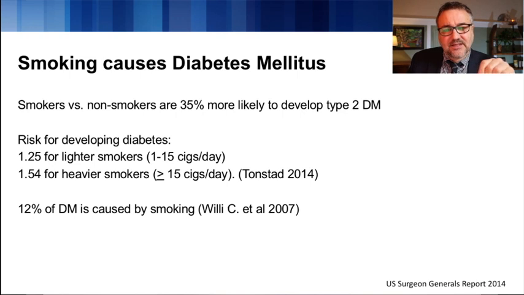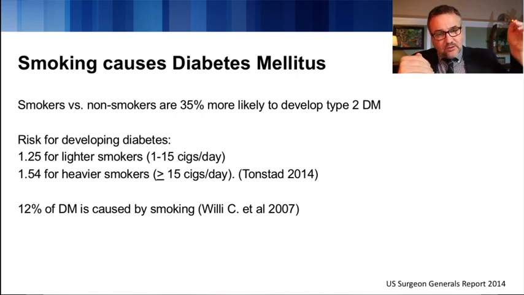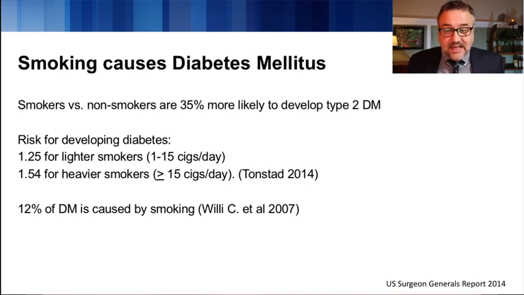Smoking as a cause of diabetes. So we've moved out of the vessels now, and the toxins are now crossing from the vessels into tissues and into cellular space. What happens when toxins and inflammatory factors from smoke get into the cells of the body? Well, one of the things that happens is that cells become more resistant to glucose, so that glucose that's coming through the blood has a more difficult time getting into those cells, and that's insulin resistance. That's type 2 diabetes. That's the underlying mechanism of type 2 diabetes.